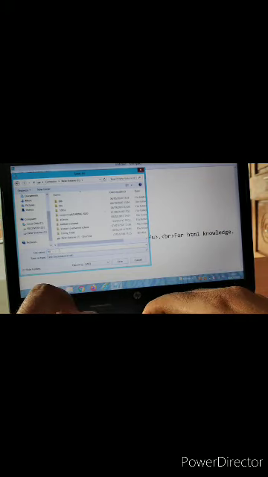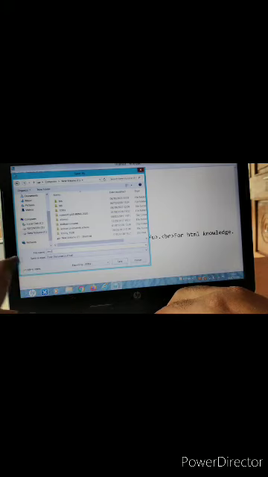Now change the name of the file in the file name box. I am creating my file name as first one, because I have already created a file with the name first. If a file with the same name is available in my computer, a new file will be created with a different name.